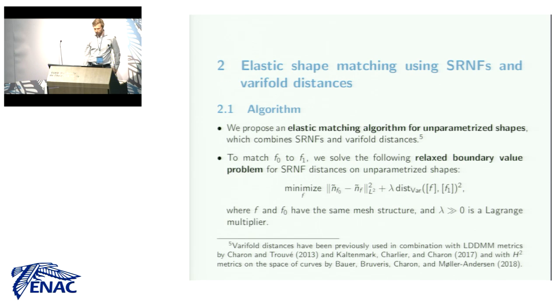I have all the ingredients together to now define a new algorithm, a matching algorithm for unparameterized shapes. It will combine square root normal fields with varifold distances, and it will inherit the nice properties of both. Varifold distances are really easy to compute, but geometrically they have the drawback that they do not have an elastic interpretation. To underline this a little bit, let me say that geodesics in varifold space